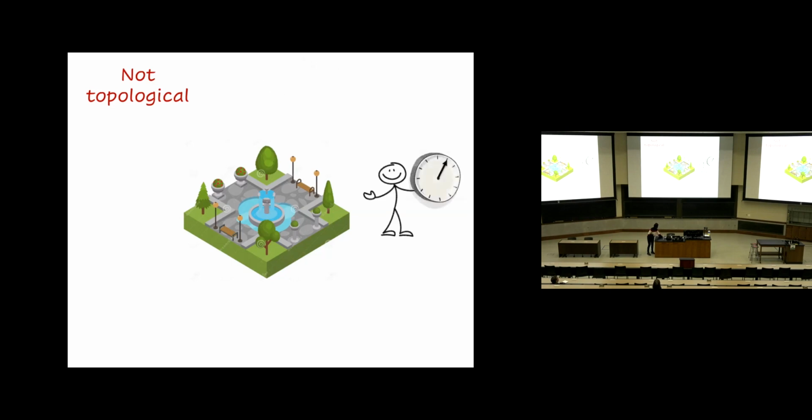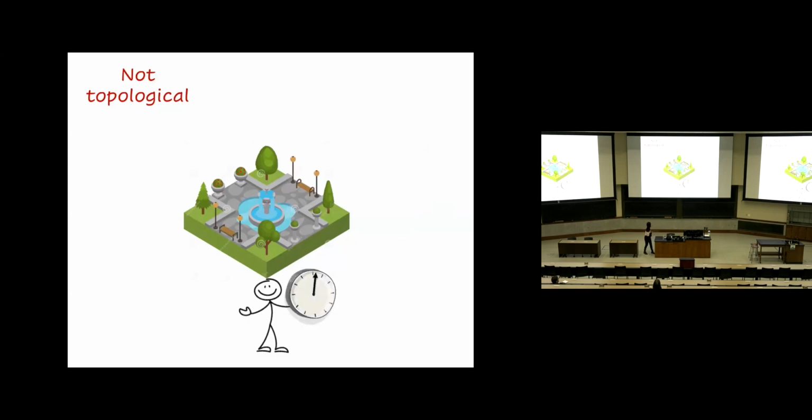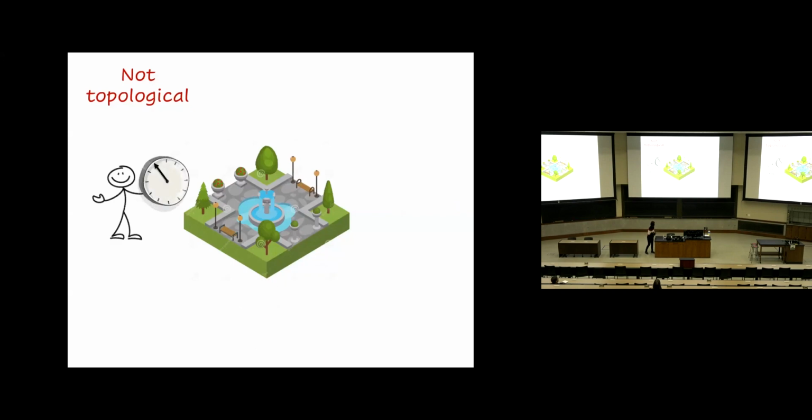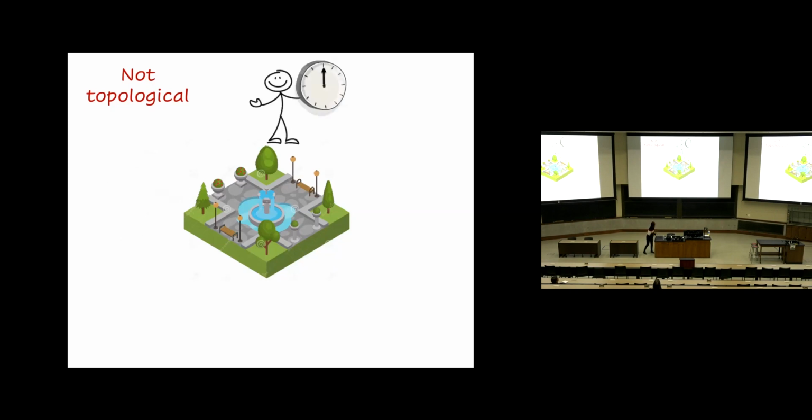Now, as this person walks from here to here, you see that the hand of the clock rotated a little bit, right? And then the person keeps walking, and you can see that the hand wiggles a little, but not too much. And then finally, the person got back. So this is the situation where it's not topological, because that hand didn't move a lot. It's only wiggling locally a little bit.